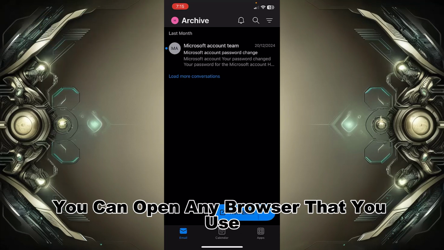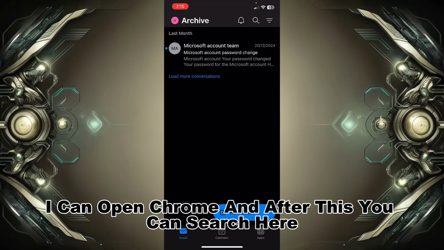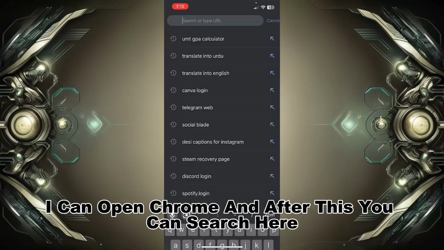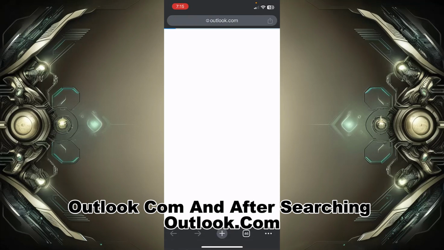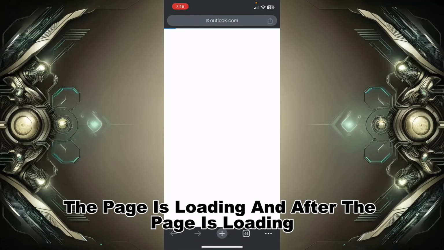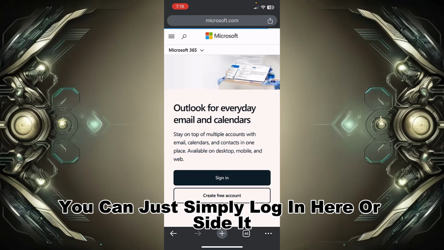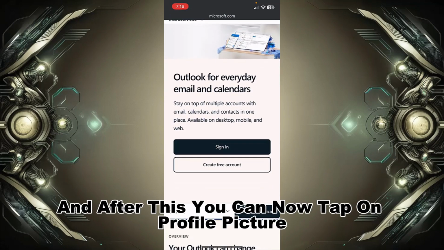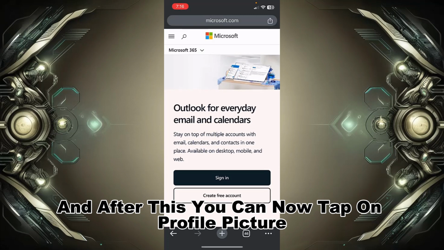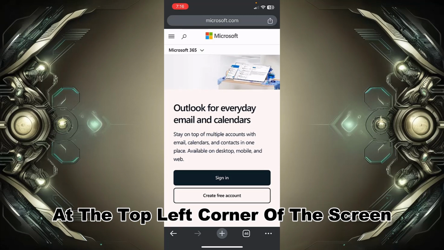You can open any browser that you use. I will open Chrome, and after this you can search for outlook.com. After the page is loading, you can simply log in or sign in, and after this you can tap on the profile picture at the top left corner of the screen, and then you can see